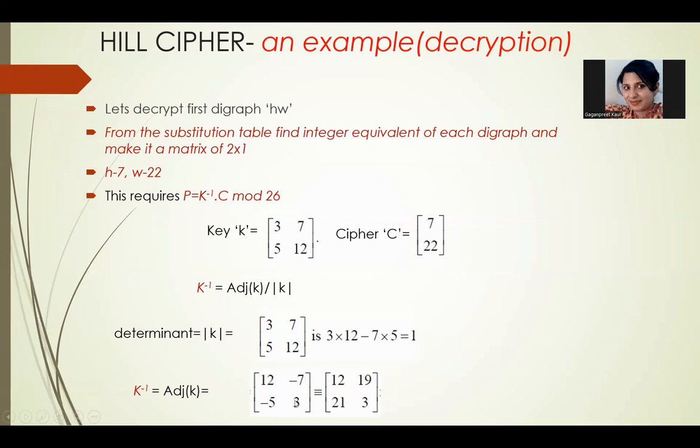What you are going to do is, you just swap the cross values. So 3 is interchanged with 12 and 12 is moved to the place of 3. Similarly, I swap the places of 7 and 5, but here I put the negative sign along with that. Why do we do that? This comes from the cofactor matrix generation, because adjoint matrix is the transpose of the cofactor matrix. Okay.